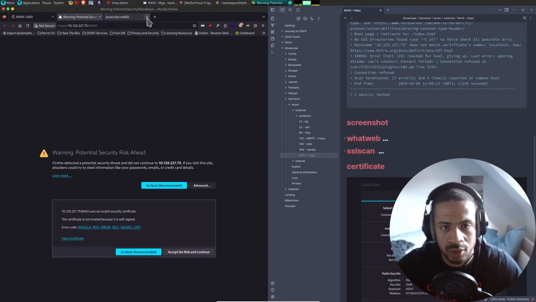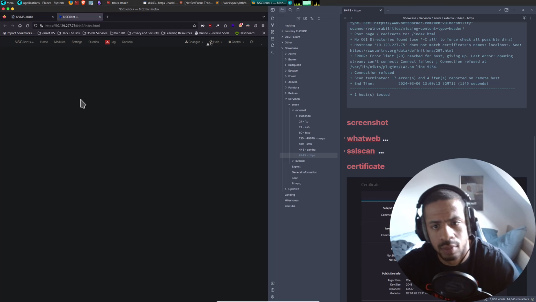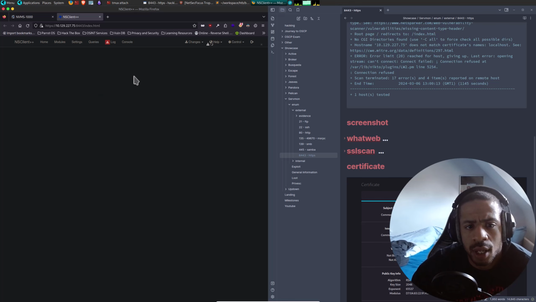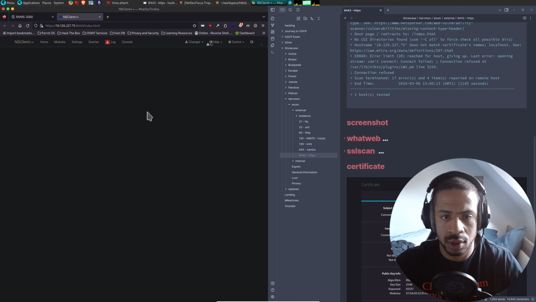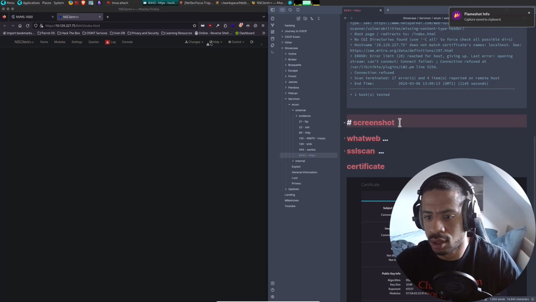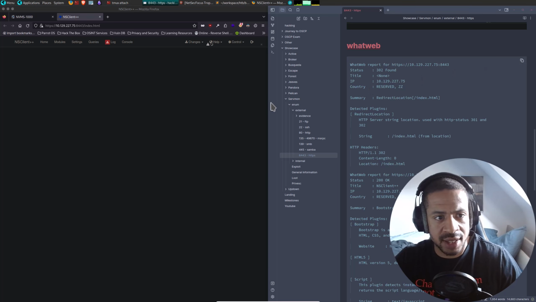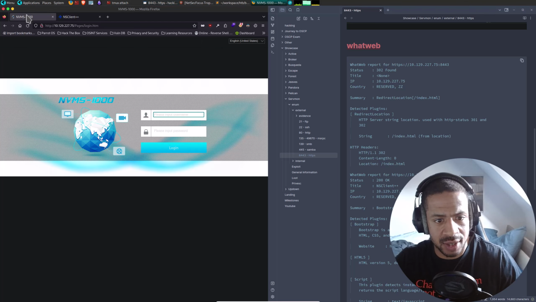But we will also try to browse. Not loading. Okay, not really loading. So let's just take a screenshot of this. And now that we have enumerated everything, let's go back to NVMS 1000